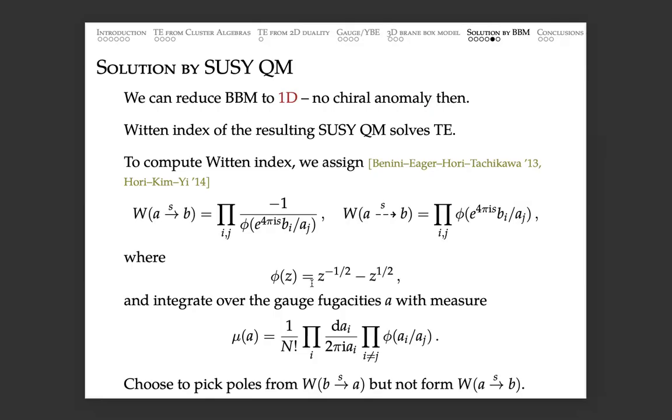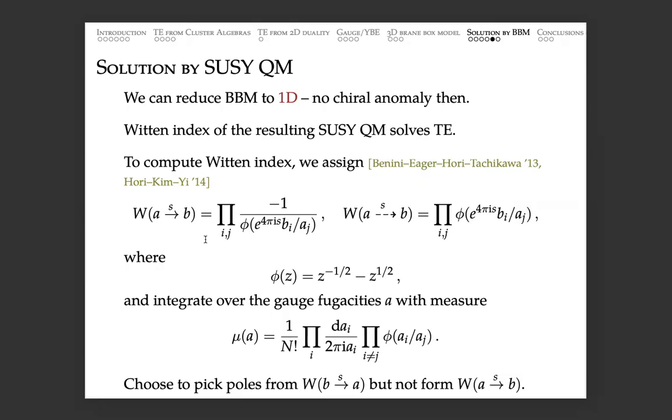And in one dimension, you now have supersymmetric quantum mechanics, and you can calculate the Witten index, the trace of (-1)^F, with some additional things thrown in, of the resulting supersymmetric quantum mechanics. If you do that, you obtain a solution of the tetrahedron equation. And then I can actually use a formula for this Witten index, which was worked out by these people. Okay, and then you can write down a solution.